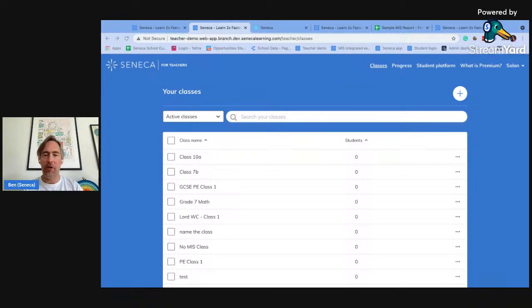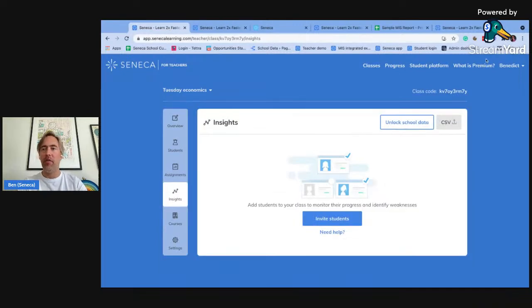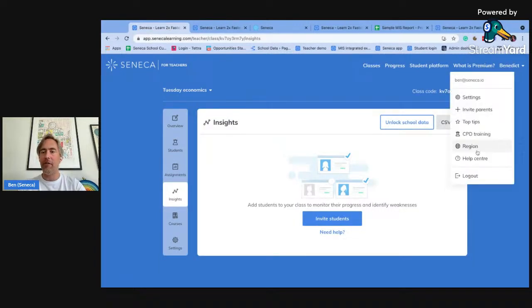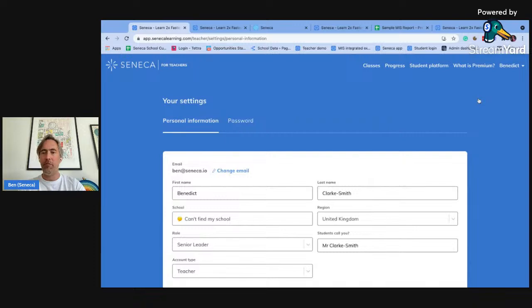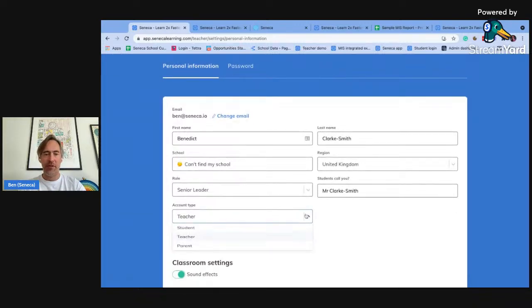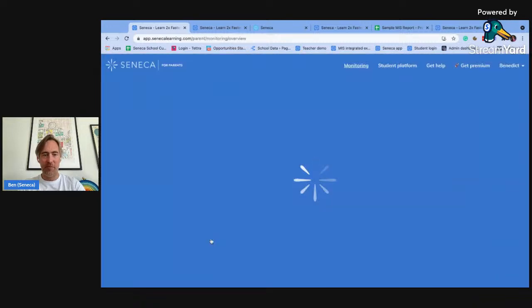As with any element of learning, we know that we're going to see greater results if parents can support their children within their home learning. Just going to quickly show you what that looks like from a parent connected to a pupil. So I'm just going to change. Unfortunately, this is my view as a member of staff here at Seneca, but I'm just going to change my